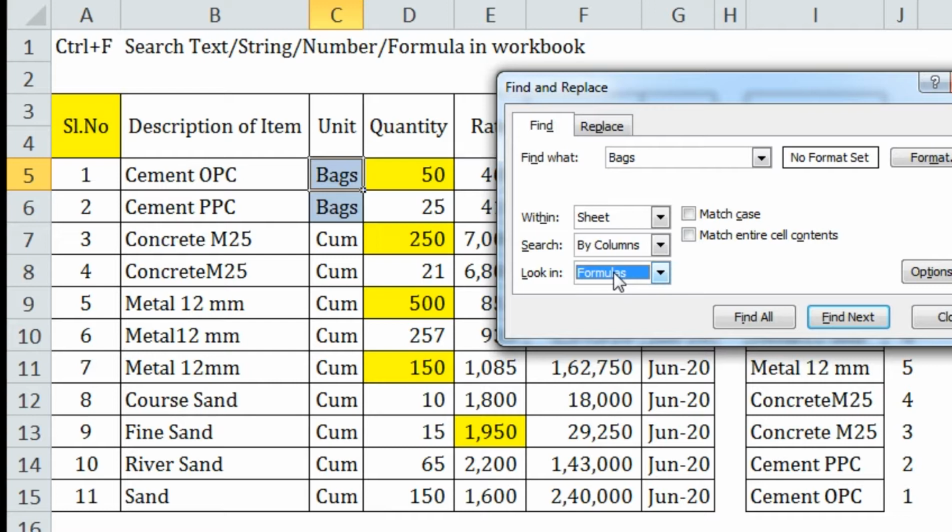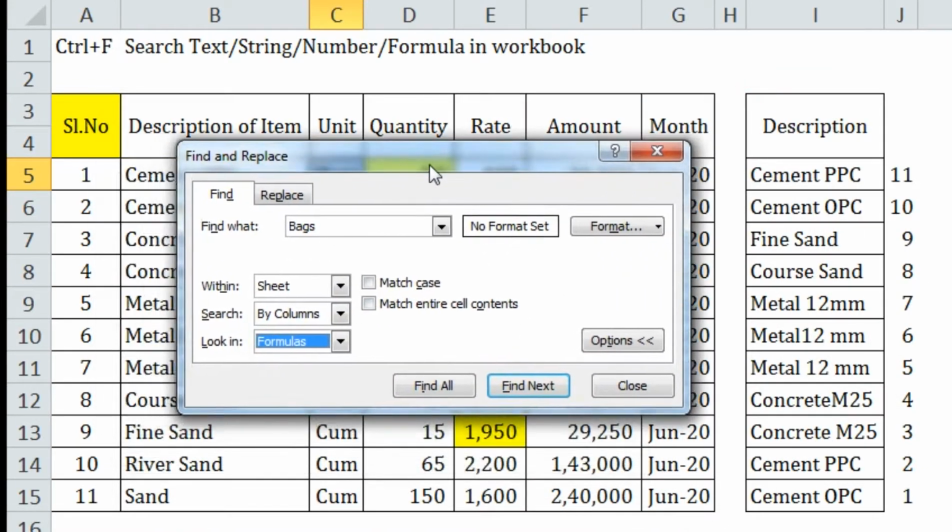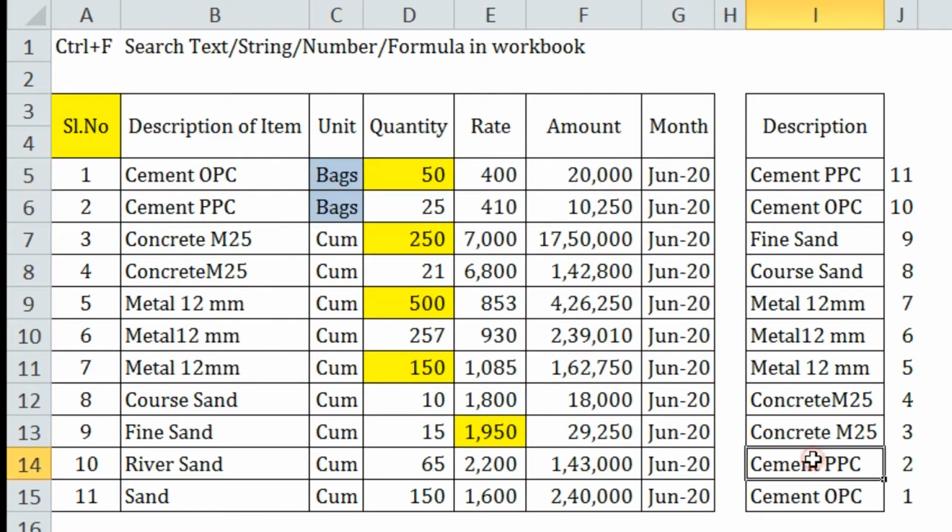When you get the resultant value, it is not exactly a text; the result is a part of your formula. So in such cases, if you try to search, anything you have written here will be searched only if it is a part of the formula, not within the result. For example, now you can see here.